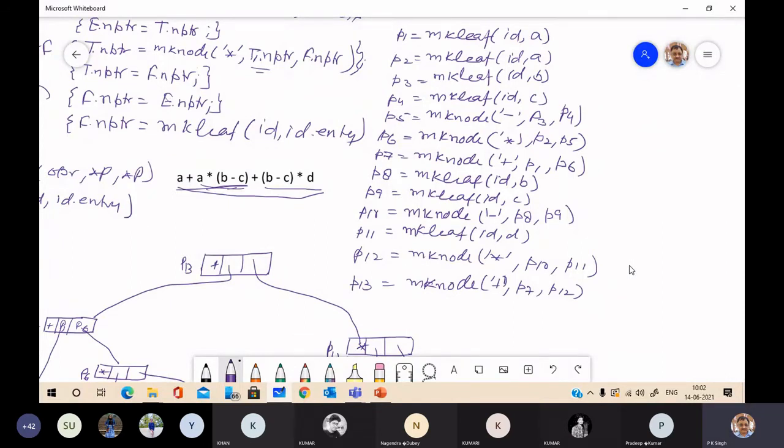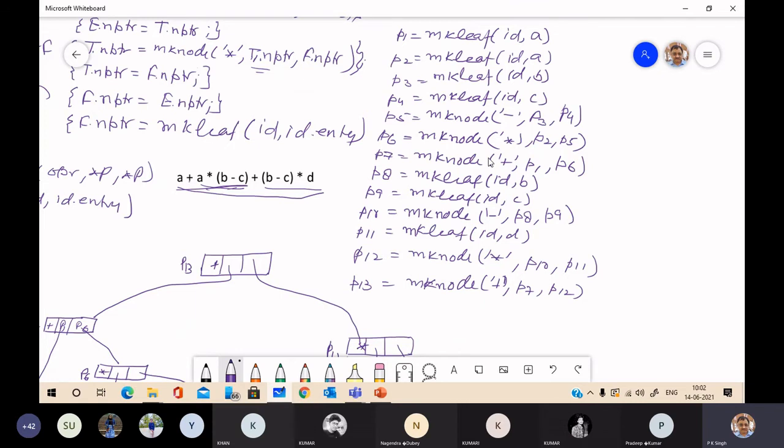Now, if you look into this tree, we have a lot of redundancy. Okay. If we remove these redundancy, then we may improve the efficiency of the syntax tree.